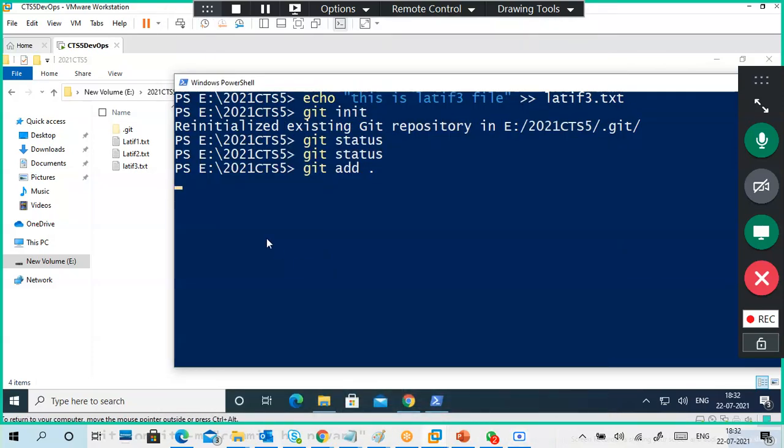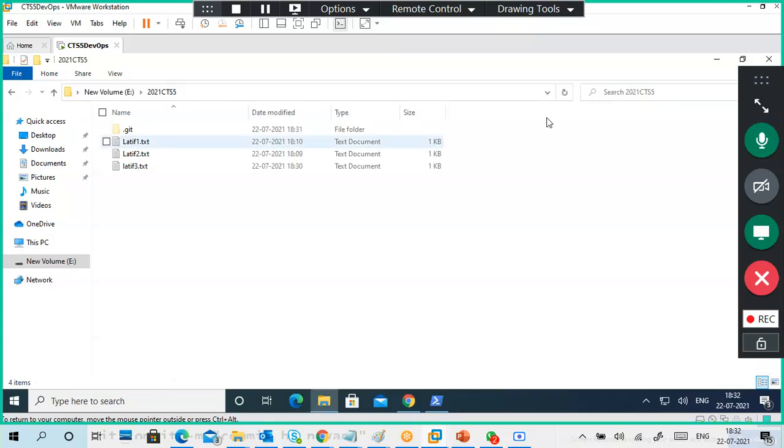Oof. Close the terminal and open it again. It's not about PowerShell, because PowerShell is stuck.